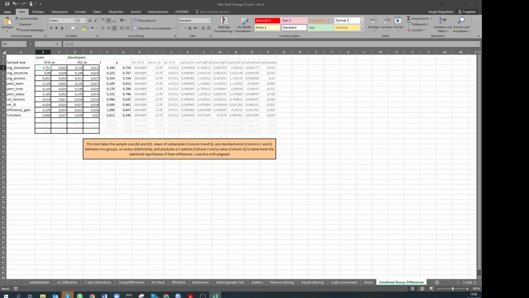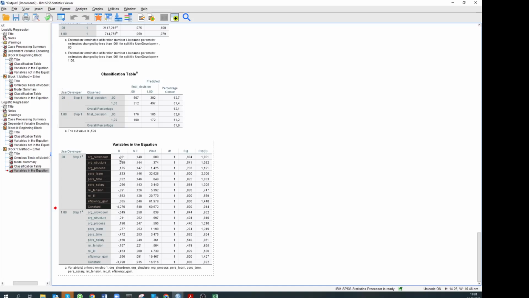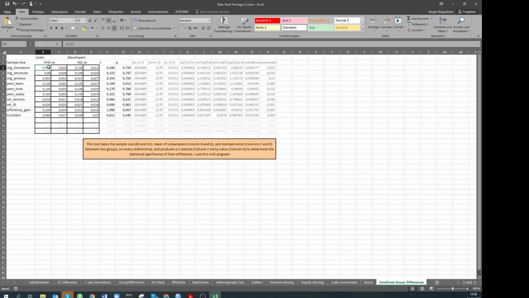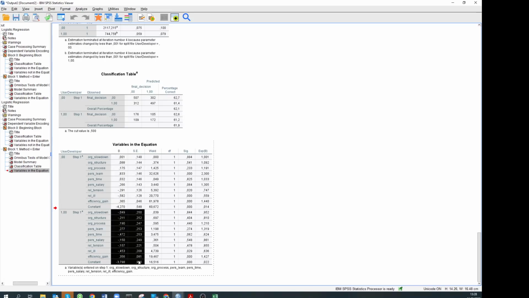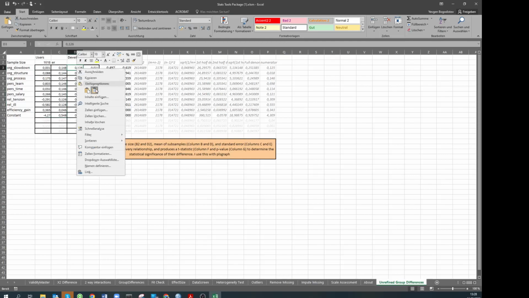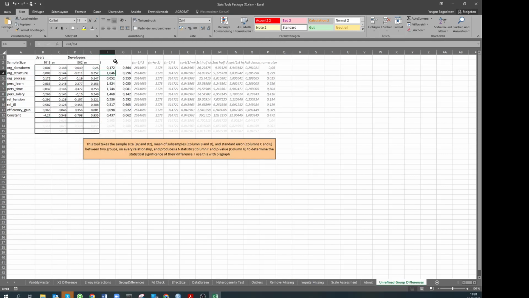And now we enter the data here for the users. This is 0 for the users. We take the coefficients and the standard errors. We put them here, and we take the same values for the developers, and we paste them here. It will automatically calculate the t-statistics and the p-values for you, and you can see whether the groups have some statistically significant difference. And it seems that we don't have anything statistically significant apart from 2 items which are